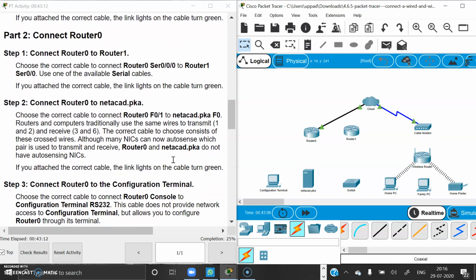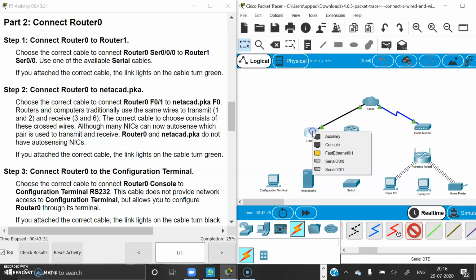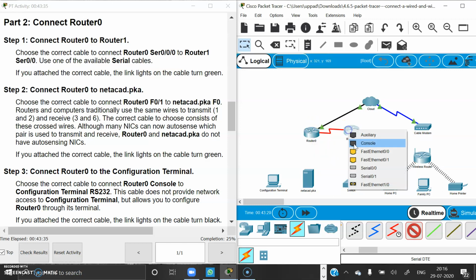Now part 2. In part 2 we have to connect router 0 to router 1. For that I am taking serial DTE. We can also take serial DCE. Router 0 to router 1.